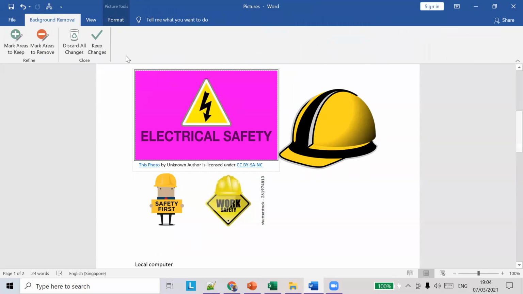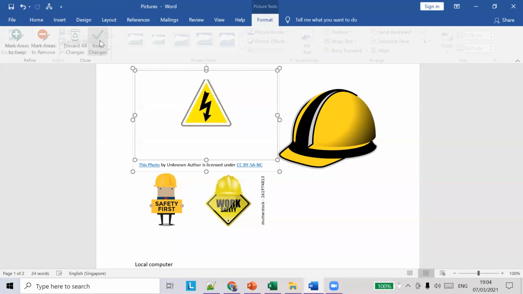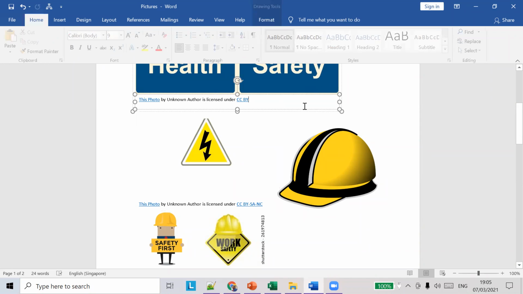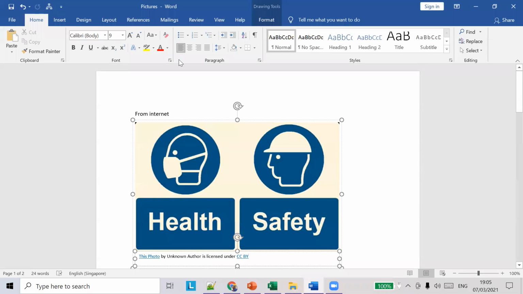You should see this pink shade removed, and you'll see only the yellow color. Keep changes. Now you can see the background color is removed. This happens automatically, so you don't have to choose what the background is. It's taken care of by Microsoft Word. So this is one option here, and let's see the others one by one.